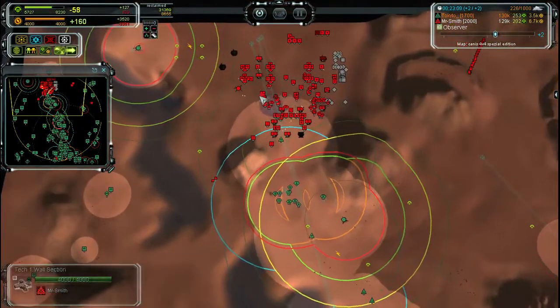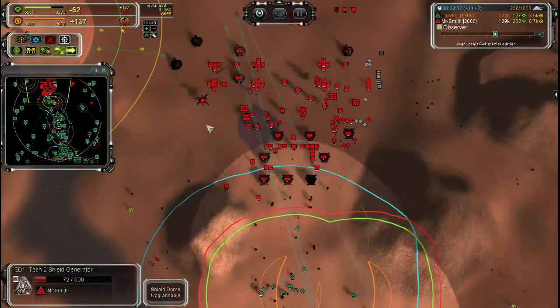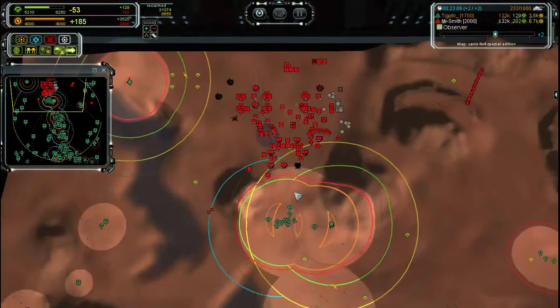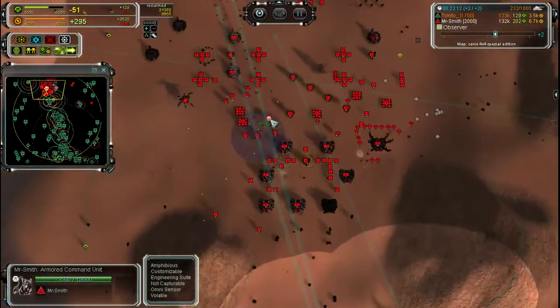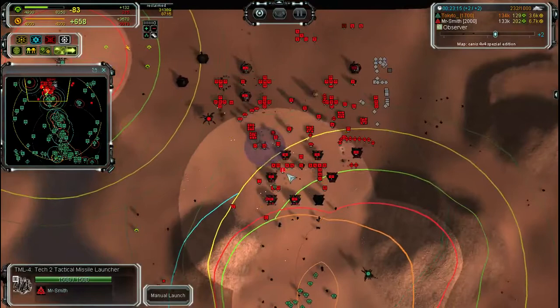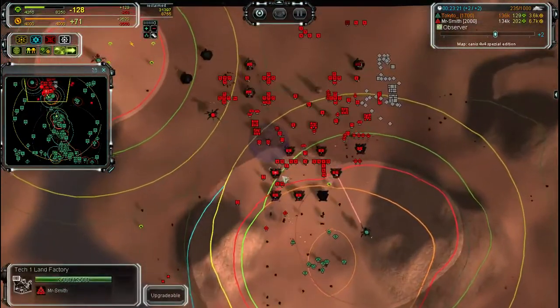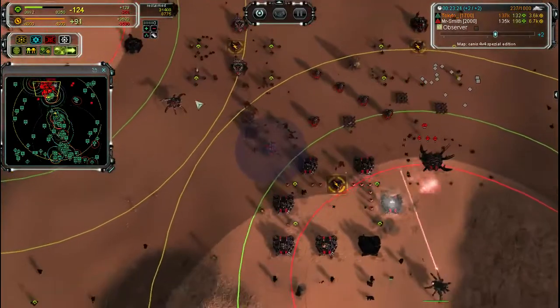Now we have two spiders from two sides, and this is gonna be over for Mr. Smith. So he managed to defend against all those TMLs and Beetle Slimes, but didn't really count with that many spiders. And now he